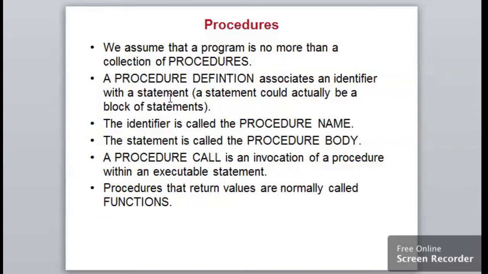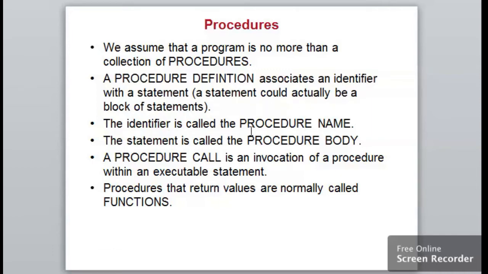We assume that a program is a collection of procedures. A procedure definition associates an identifier with a statement. A statement could actually be a block of statements also.